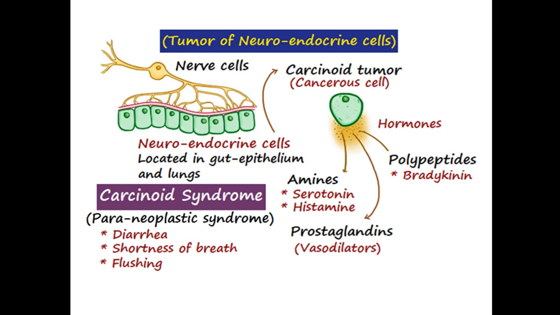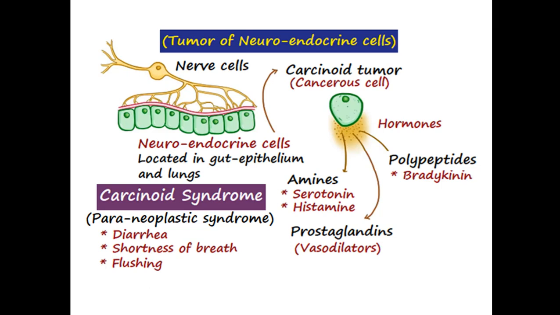The histamine, which in this case will stimulate the parietal cells to secrete excess hydrochloric acid. The polypeptide bradykinin, which is an important component of the kinin system, is a vasodilator, and the prostaglandins, which are arachidonic acid metabolites, and especially prostacyclin or PGI2, is a vasodilator. So the symptoms that are produced by the excess secretion of these hormones